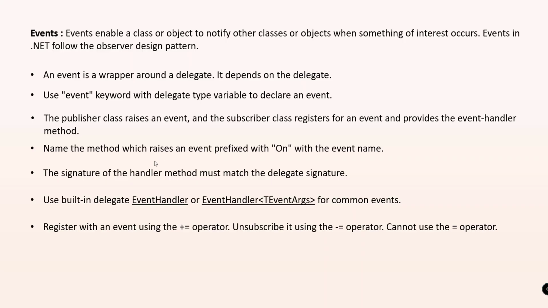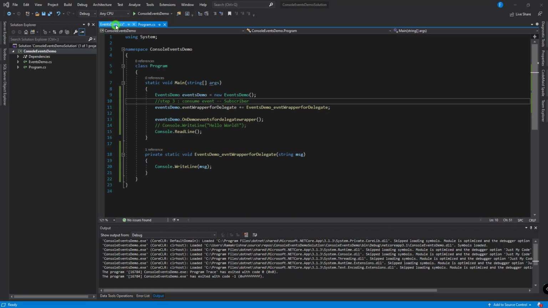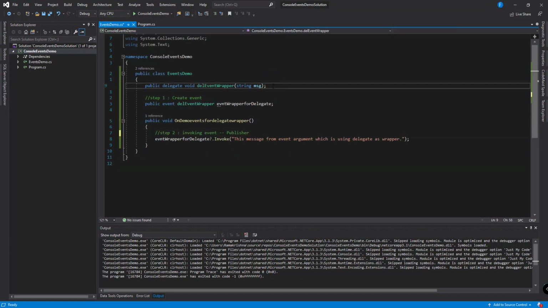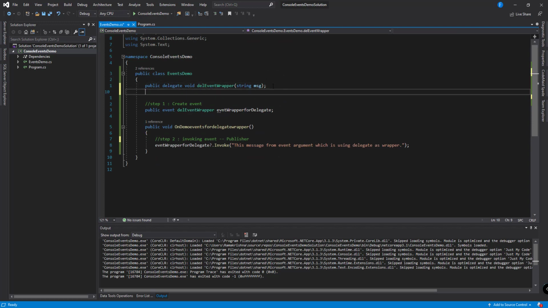So we used this wrapper around a delegate and I showed how to use that. Let us use the built-in delegate EventHandler, and afterwards we will use EventHandler with event arguments. So to create an event with an EventHandler, let me create an event first.